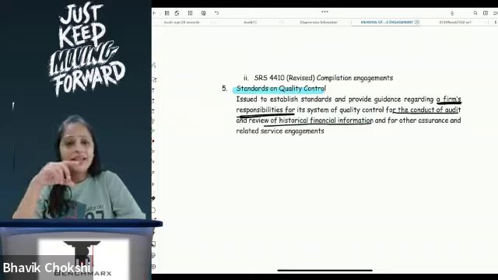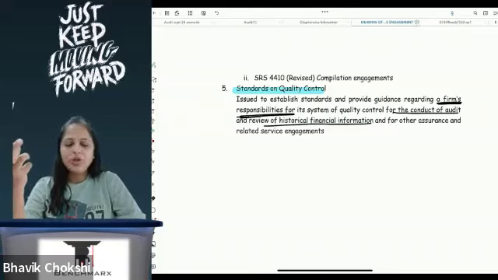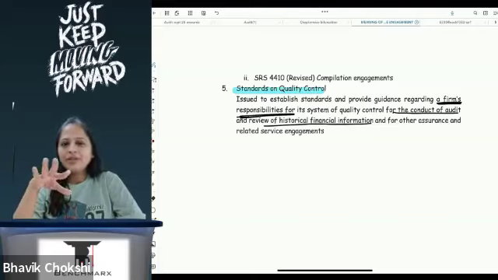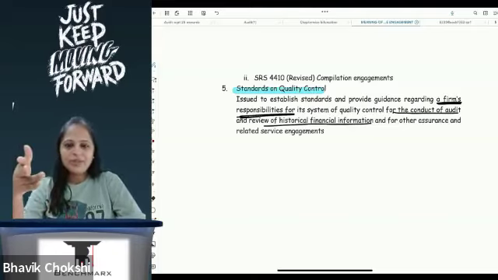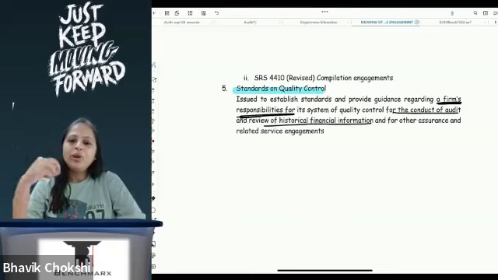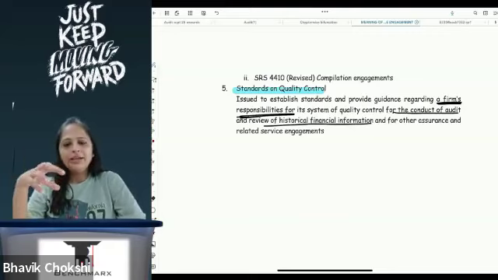So here, every time we do something, it's always put under the scanner and ensured that if something goes wrong, then we are penalized. पहले ऐसा नहीं था. Earlier it used to be monitored. I'm not saying it was not monitored, but it was not stringently monitored. If there was laxity, sometimes it was still okay. But in the current scenario, laxity is something that the institute will not appreciate, because if you do something wrong, NFRA catches you, then the institute's name is spoiled, correct? So here, standards on quality control is basically giving you what kind of quality you should be maintaining and how you should be accepting an assignment, what you should be keeping in mind.